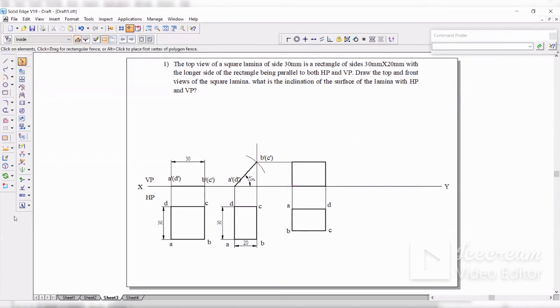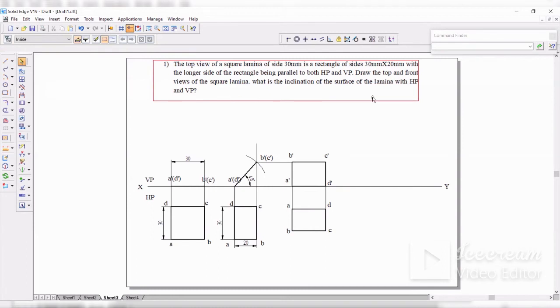Now it is dark. Okay. Now you should draw the namings. As you can see, since it is A and A meeting here, this obviously becomes A dash. Then this is B, this becomes B dash here, this is C dash here, and this is D dash here. So this condition is also satisfied, parallel to both HP and VP.